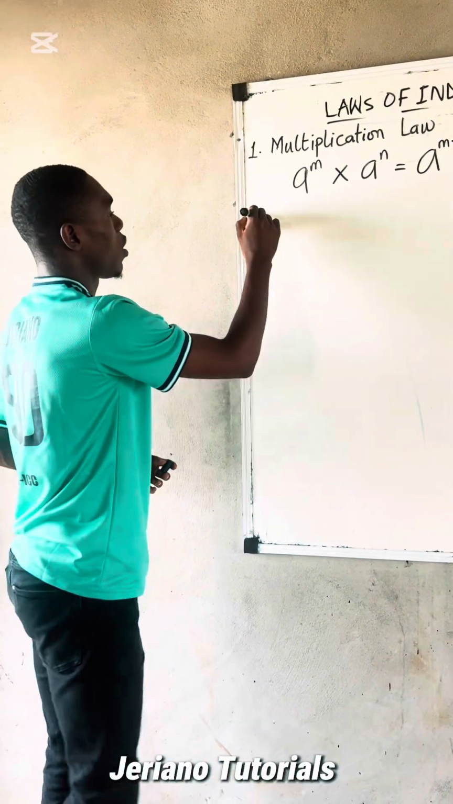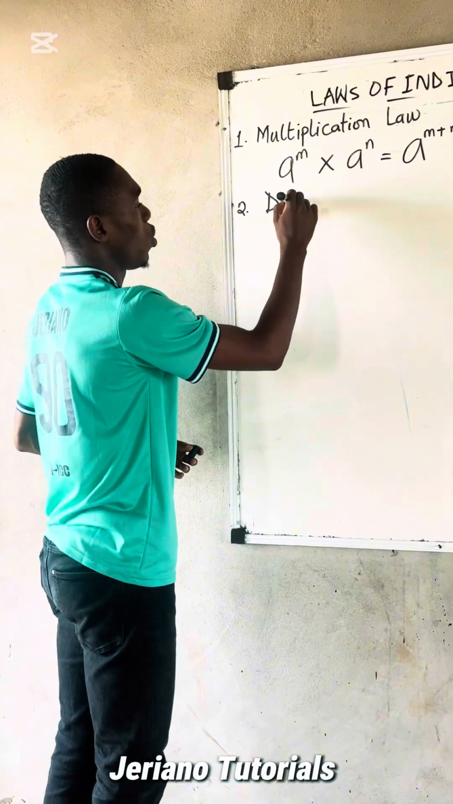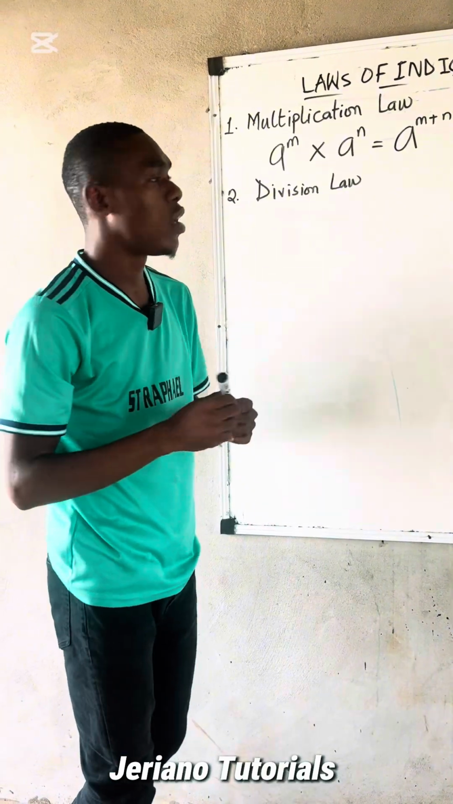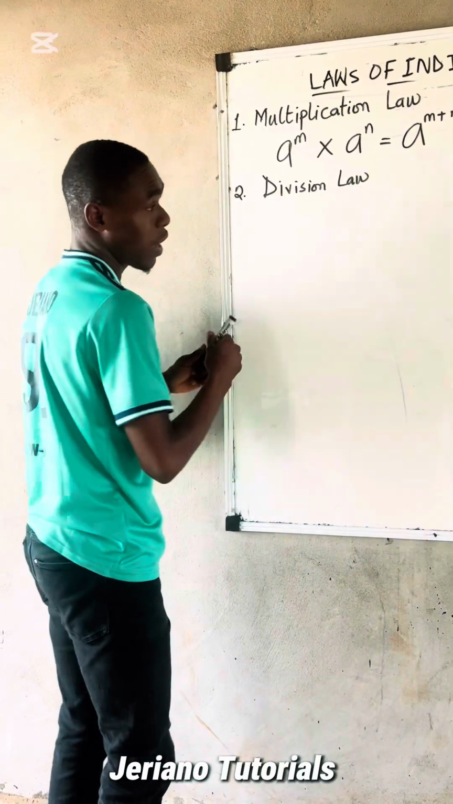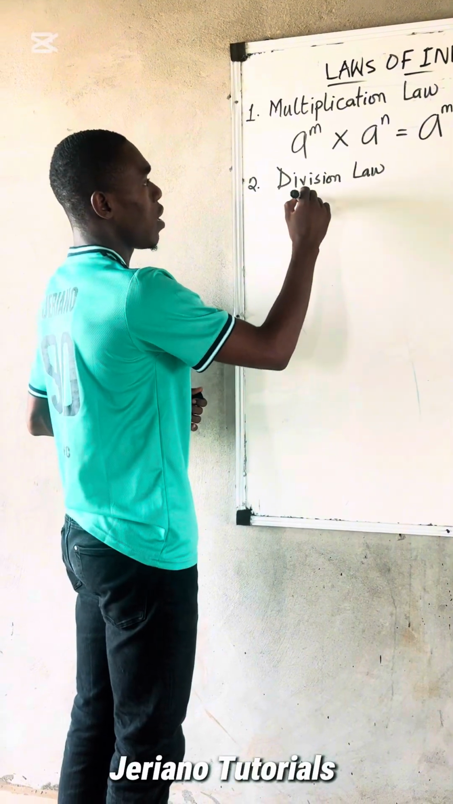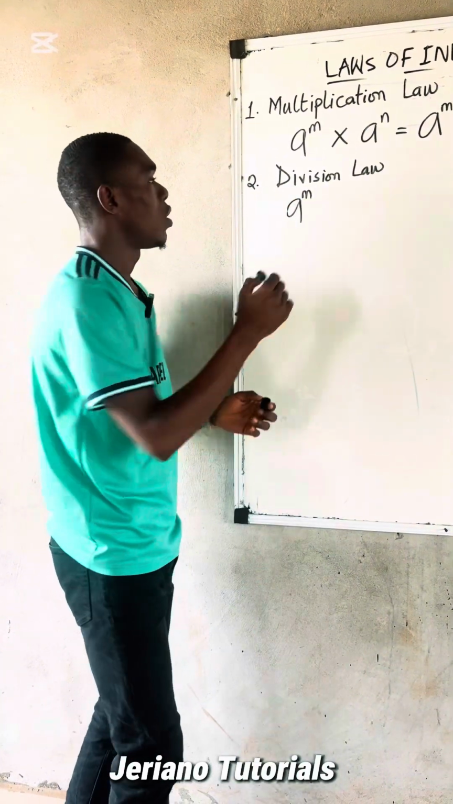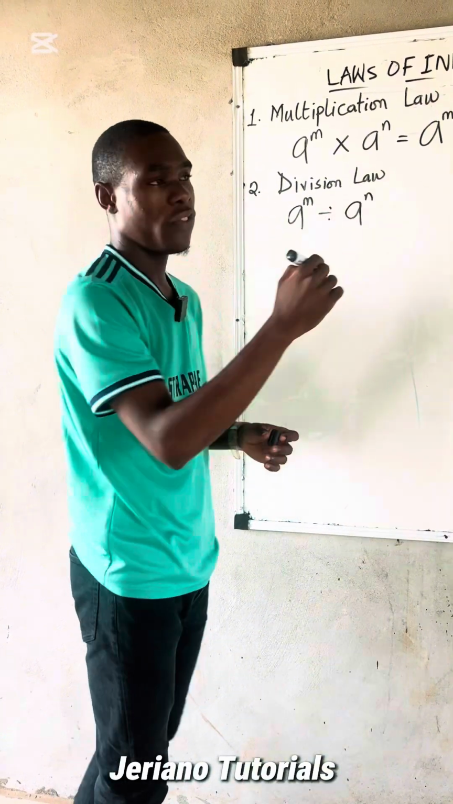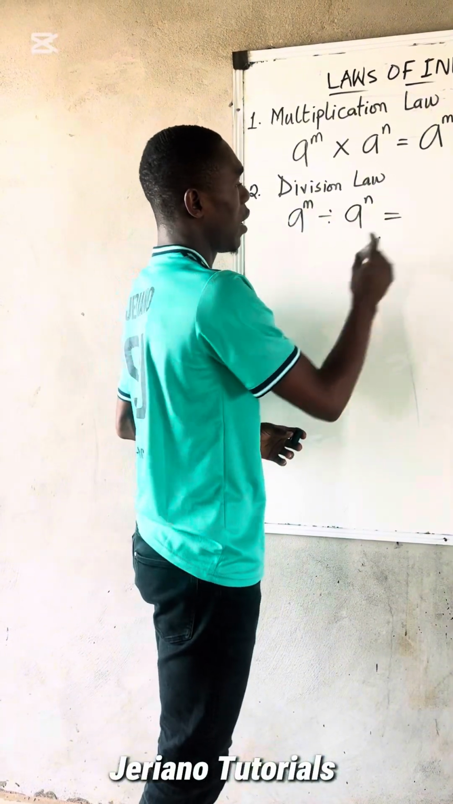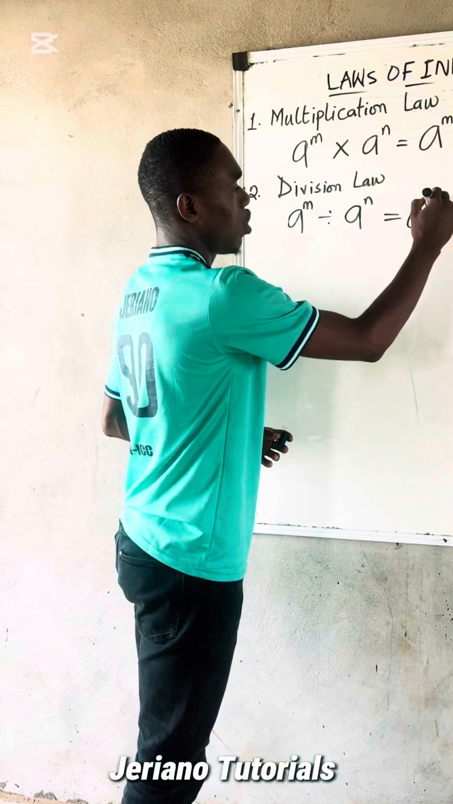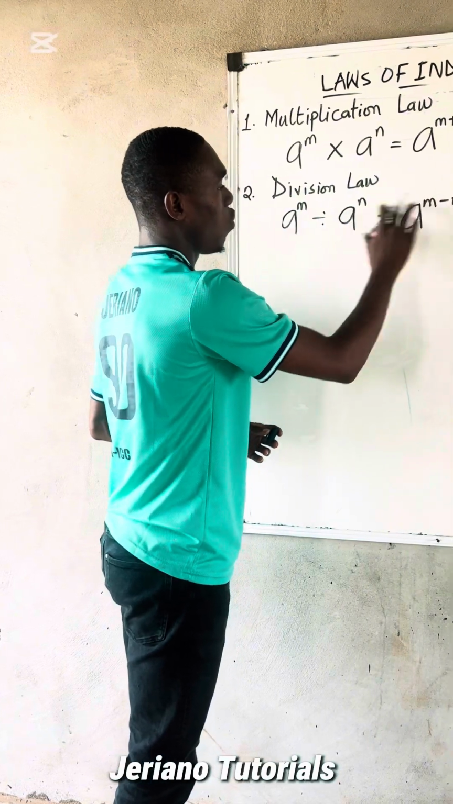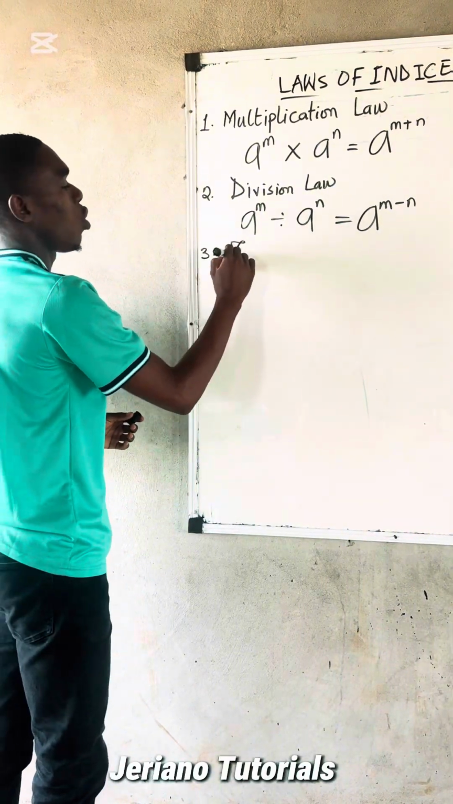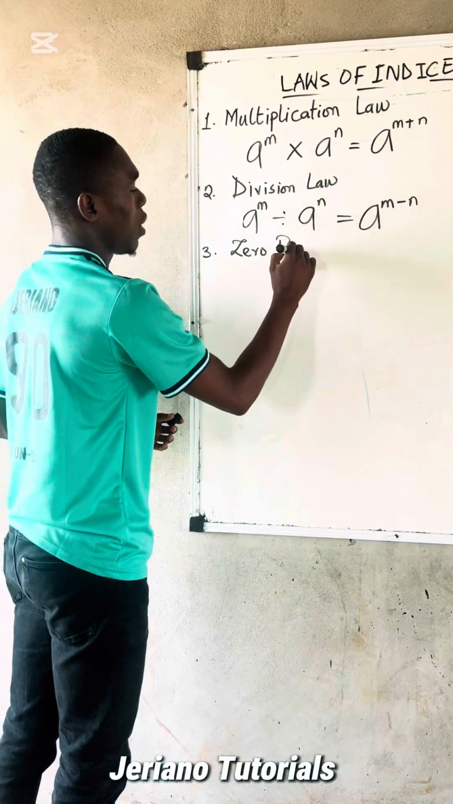Now the second is the division law. It is similar to that of the multiplication law, just a slight difference. We have a base raised to the power of something divided by the same base raised to the power of another number, and then you pick one base, you subtract the power. The third law is called the zero power law,